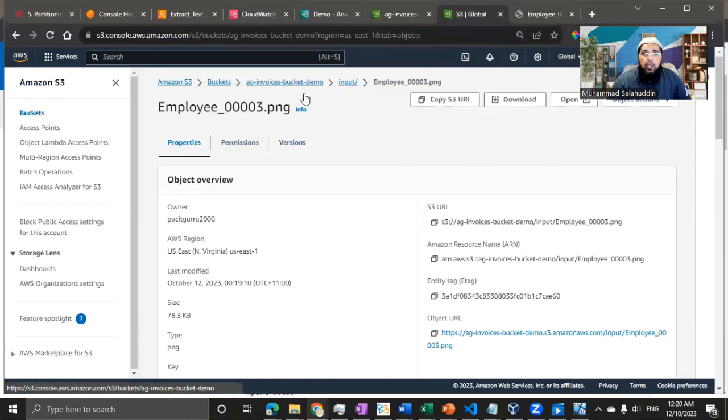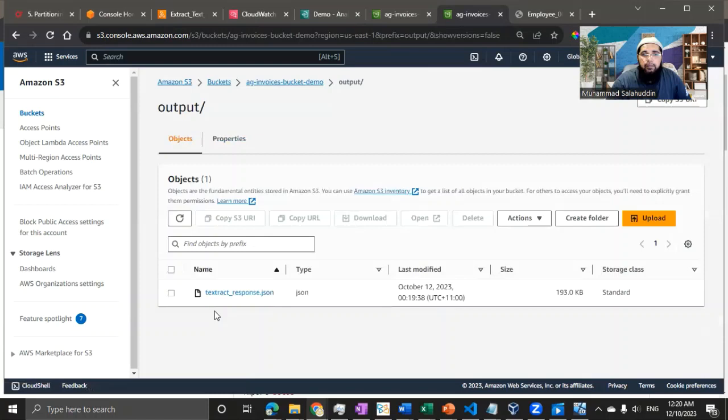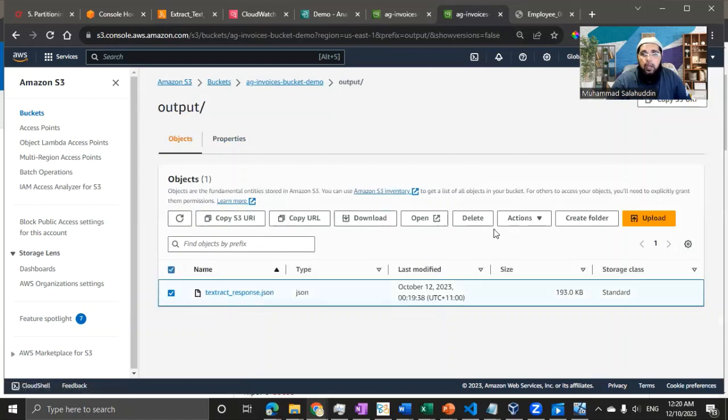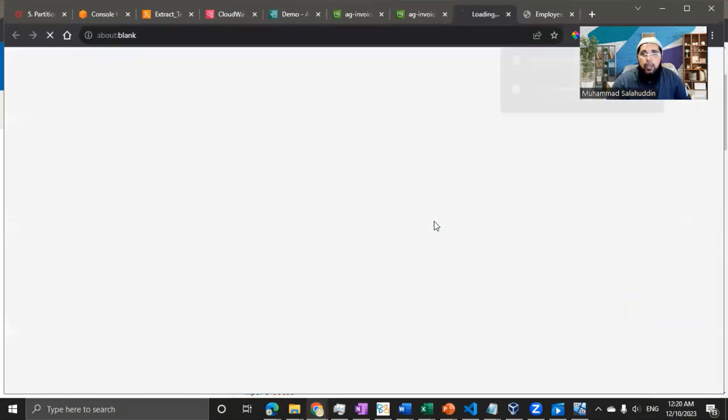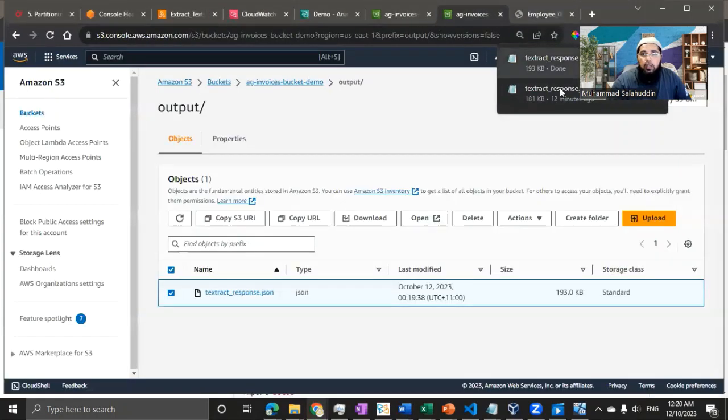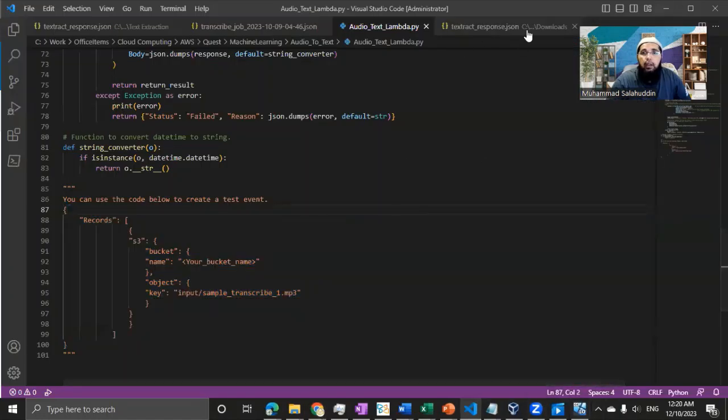folder. Let me go into my output folder. Let me just download that file. Or let me see if I can open it into a new tab. Okay, so in both cases, I have my